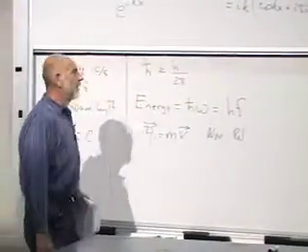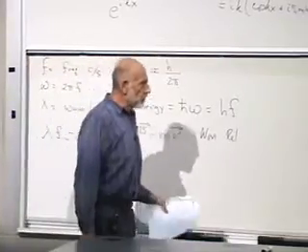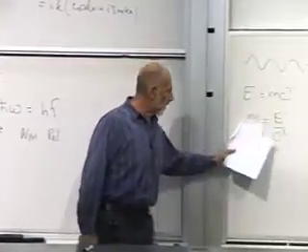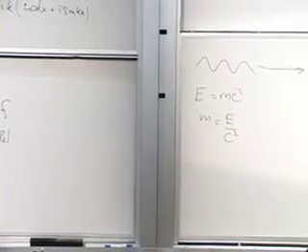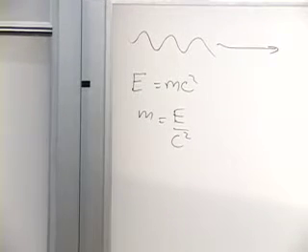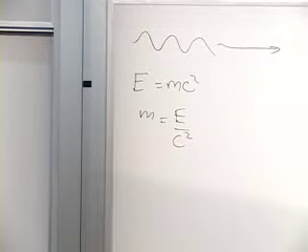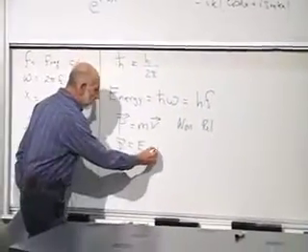All right, now if I inappropriately ascribed to a photon a mass equal to its energy divided by c squared, the energy of the photon divided by c squared, and then said that the velocity of the photon was c,